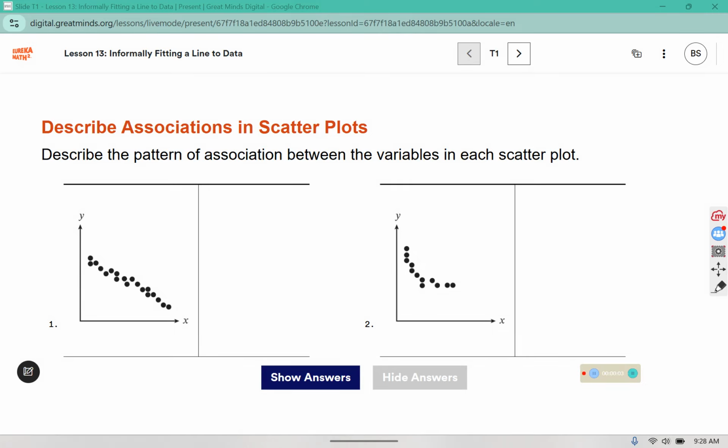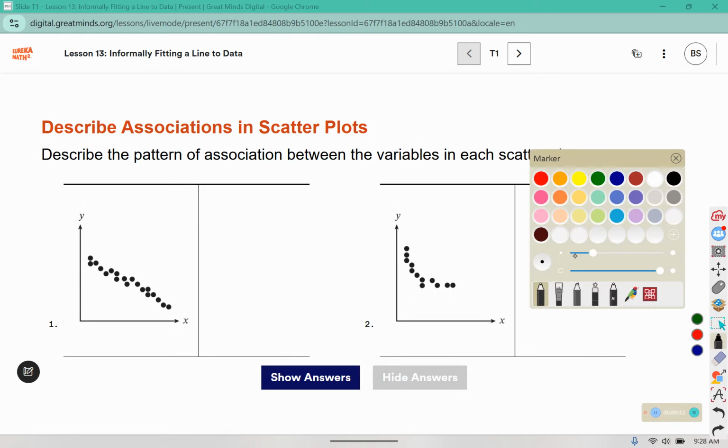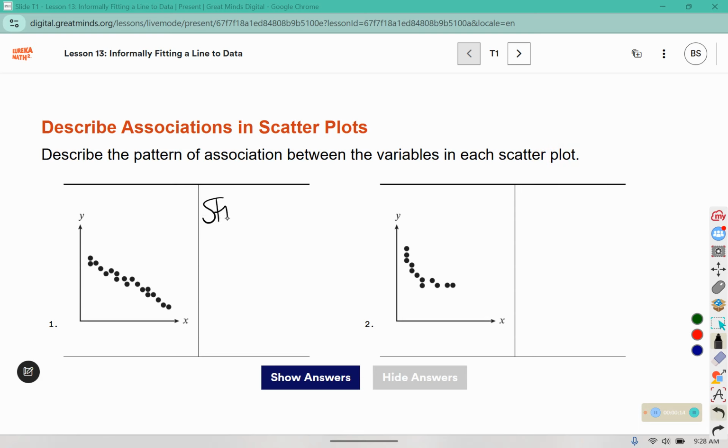Describe the pattern of association between the variables in each scatter plot. For this first one, we can say that there is a strong, negative because it's going down, linear because it appears to create a straight line,